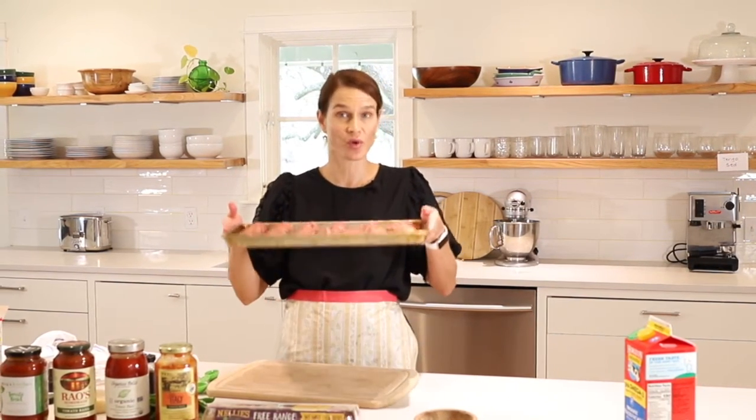Okay, so now these are ready to go in the oven. In the past when I made these meatballs, I would brown them on the stove top, and it was such a hassle because you have to brown them in batches and it gets a lot of grease everywhere. Now what I do is I put them all on one cookie sheet, put them in the oven under the